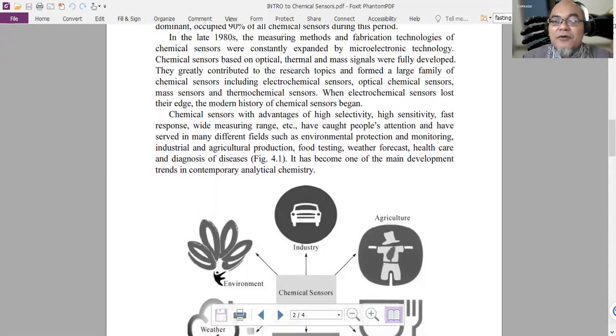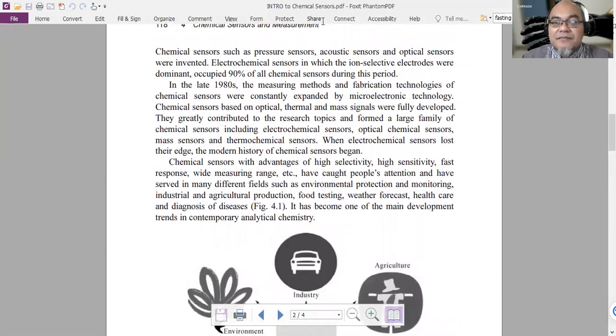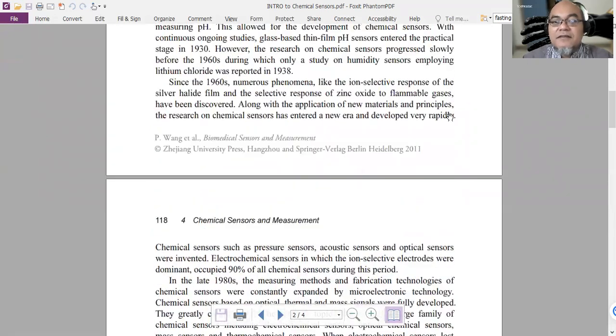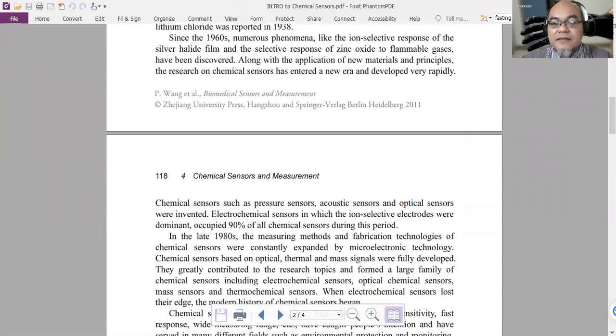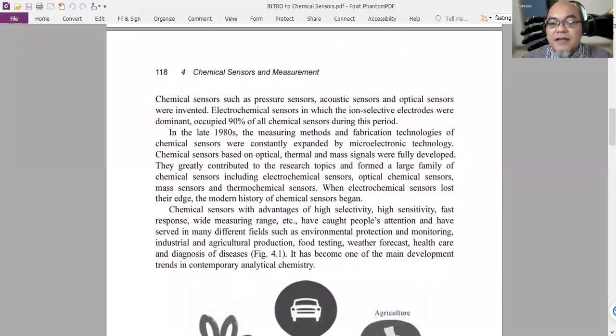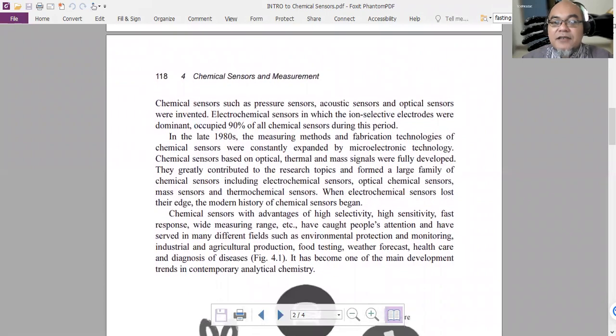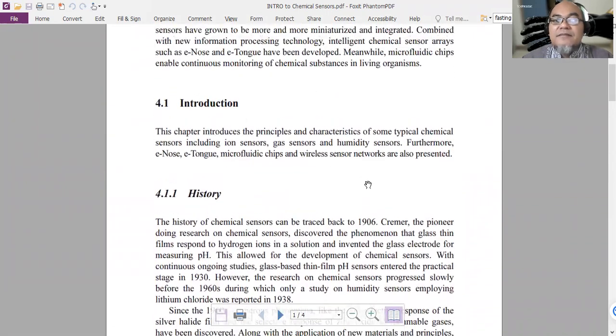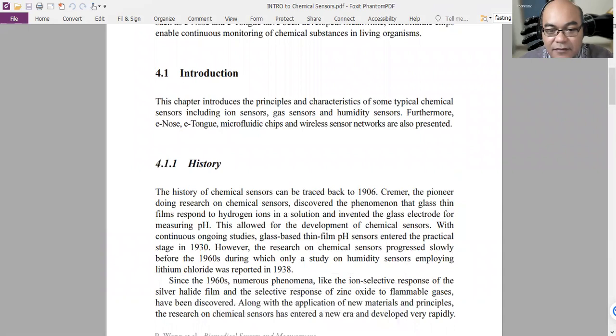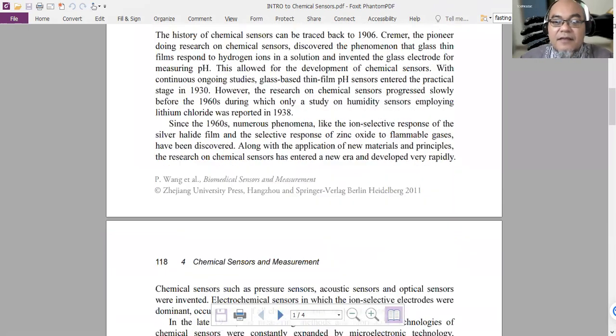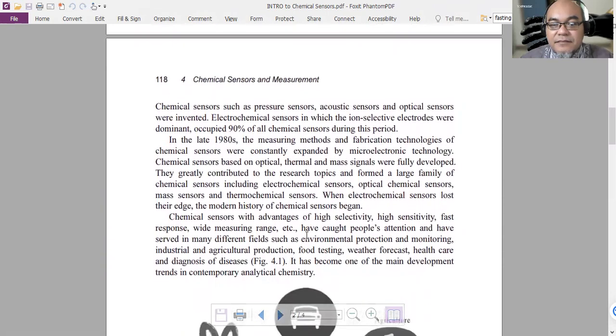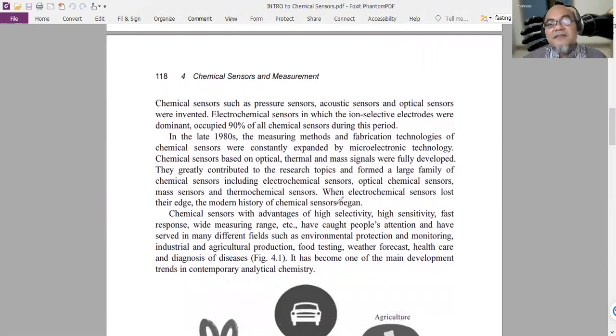As we see here, you have many other parameters to be concerned of. You have the sensitivity aspect, you have the selectivity aspect, the range of the sensors that you need to be concerned of, and many others. Not only the sensitivity that you are concerned of, but also the time response, the wide measuring range, and also the selectivity. In many of these chemical sensors, compared to physical sensors,